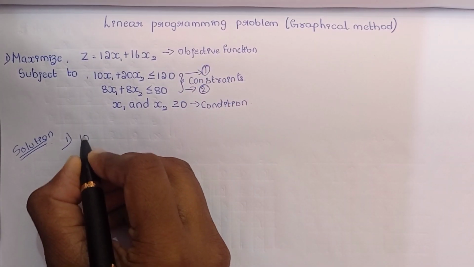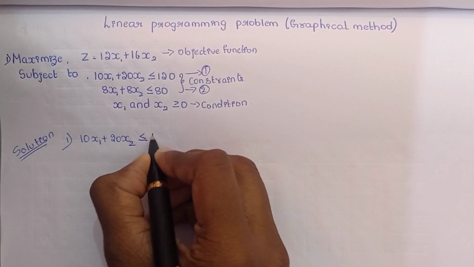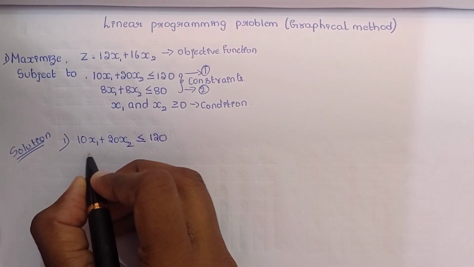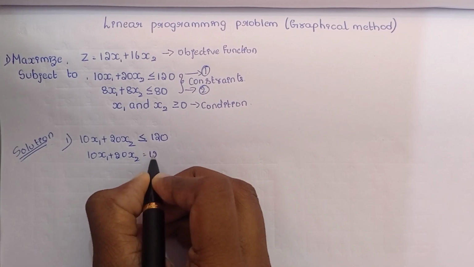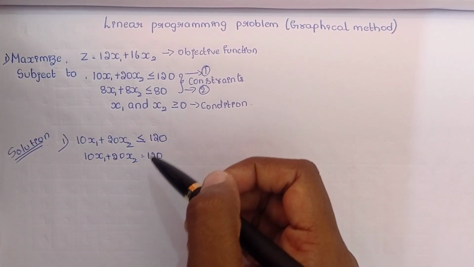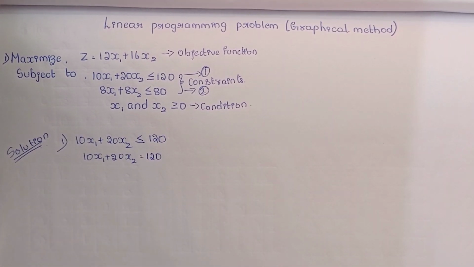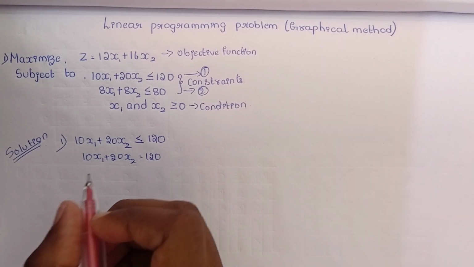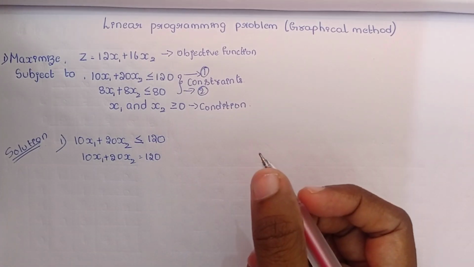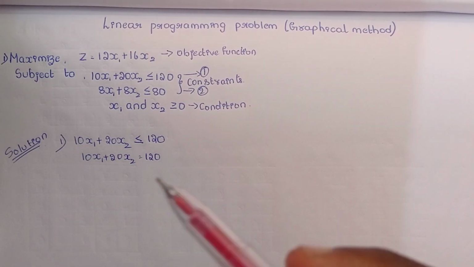The first constraint is 10x1 plus 20x2 lesser than or equal to 120. Now let me transform this to 10x1 plus 20x2 is equal to 120. So I will transform this constraint into an equation. Now I have to identify the x1 and x2 values. But the thing is, I don't know the x1 as well as the x2 value. So what I will do is, first, I will consider x1 as 0 and I will identify the x2 value. And after getting the x2 value, I will consider x2 as 0 and I will identify the x1